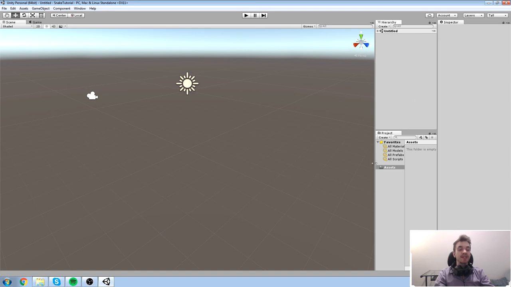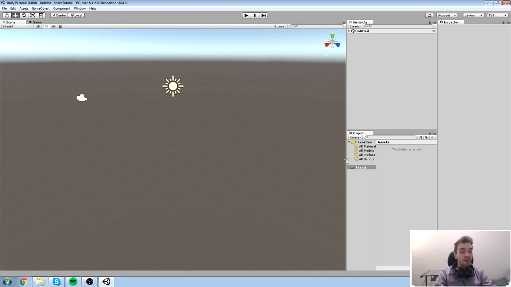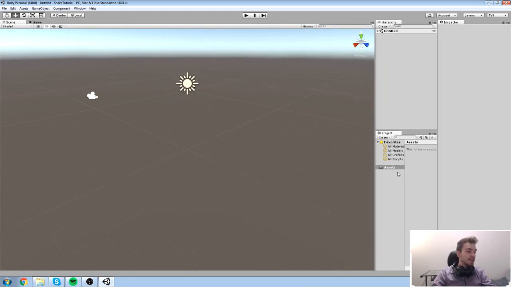The next thing I tend to do is take my project folder over here, right click on it, and put that in a one column layout. That is how Unity actually used to display things before. Then they came out with the two column layout, which I don't really like. It just gives you a nice little search here where you can search for models, prefabs, or scripts. We'll see more about this a little bit later on, but right now I'll just make sure to leave it